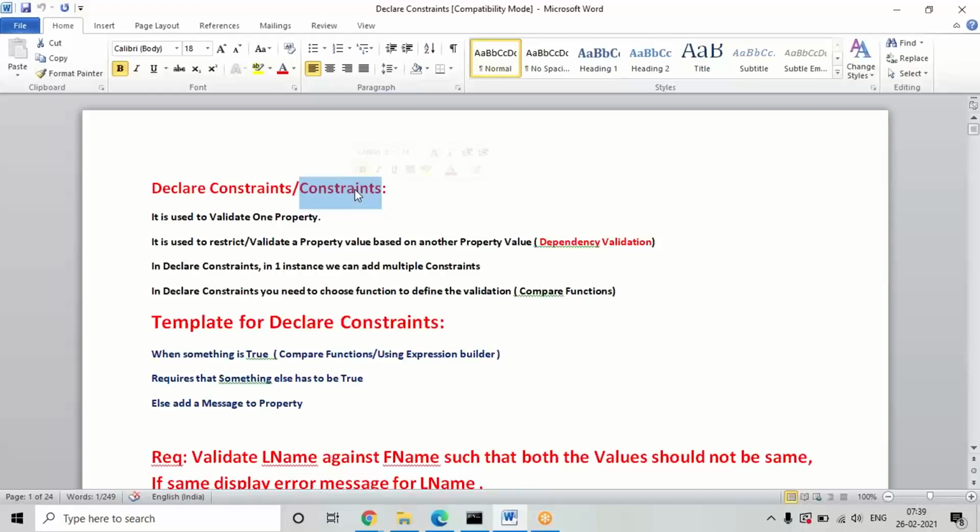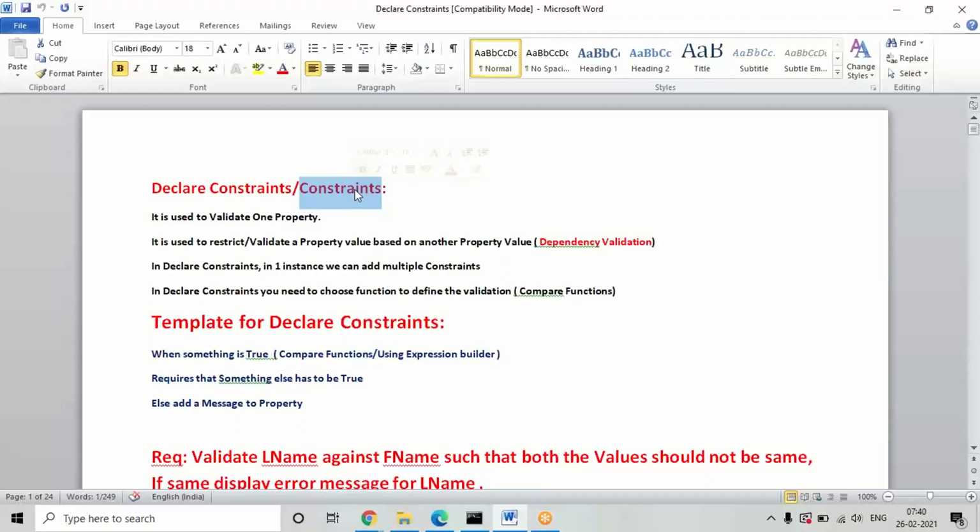But constraints is plural. The thing is, in your application, in your workflow, if you define one rule for the entire application, in the same rule you can define all conditions. Suppose you don't have any further modules, then in the application only one constraint rule is enough, and all the conditions we can define in the same rule. Because the advantage is that we are not calling the rule anywhere in the application, and all the conditions we can create in one rule itself, with no need to define separate rules every time.